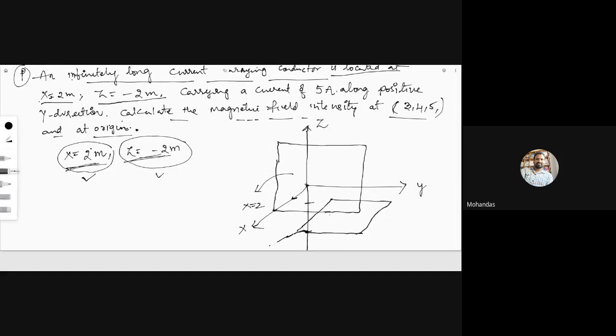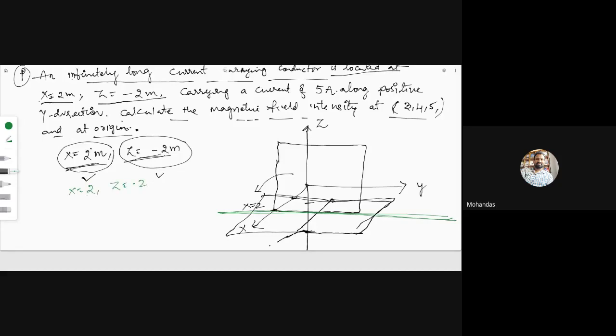Where will these two planes intersect? These two planes intersect at this particular point. Let me take another color. Don't get confused. I will give a conclusion and a shortcut to remember this. This is the intersection. That means if you give x equal to 2 and z equal to -2.